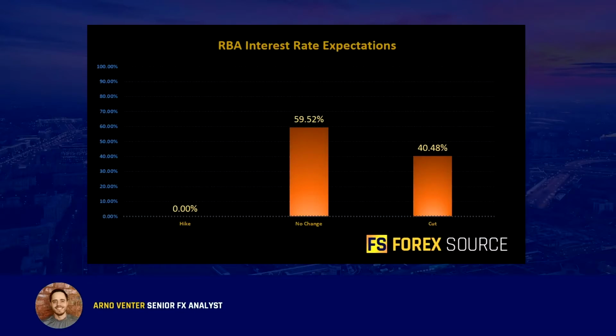You see, in the build-up to this event, the markets were very undecided as to whether the RBA would cut interest rates or leave them unchanged. According to a Reuters poll, there was about a 60% probability for the RBA to keep rates unchanged and a 40% probability for them to cut rates. So with largely divided expectations, the stage was set for a big move in the Australian dollar, with a bullish move expected if the RBA were to leave rates unchanged and a bearish move expected if the RBA were to cut interest rates. So what happened was that the RBA actually left rates unchanged, but they also came out slightly less dovish than the markets were expecting.